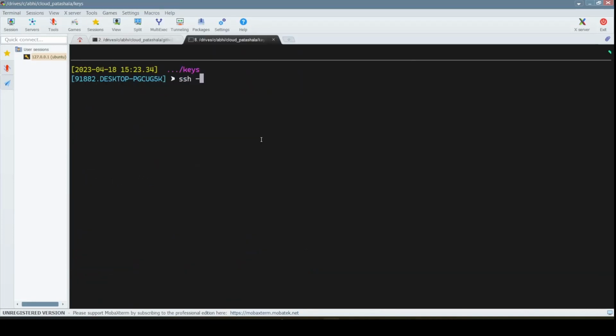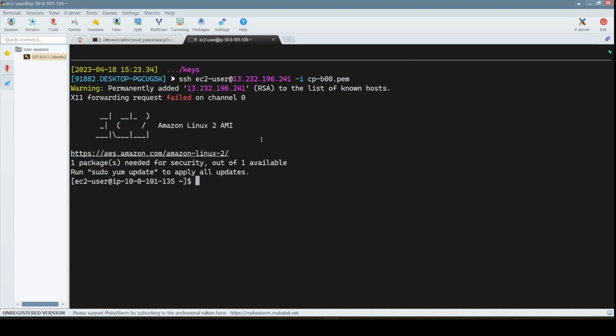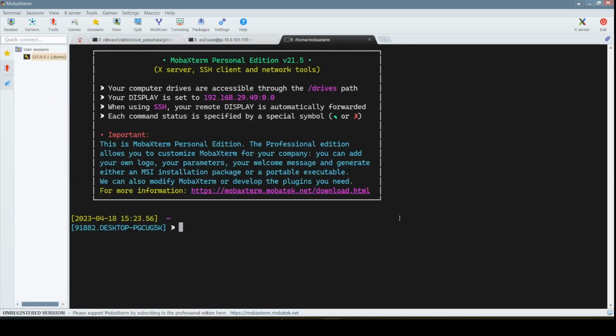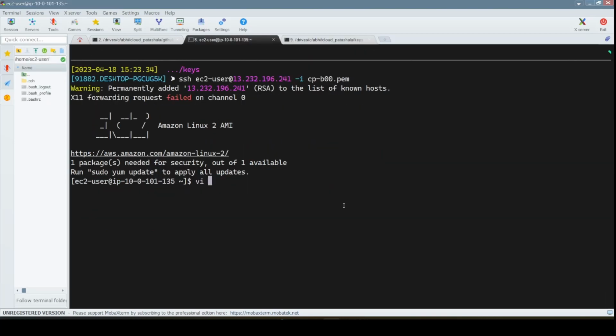So the command that everyone uses is SSH ec2-user @ the IP address and -i the PEM key that is used to log into the server. Now once this is done, and we are able to log into the server, what everyone does is take a copy of the PEM key. So what everyone does is they create the PEM key file on the server